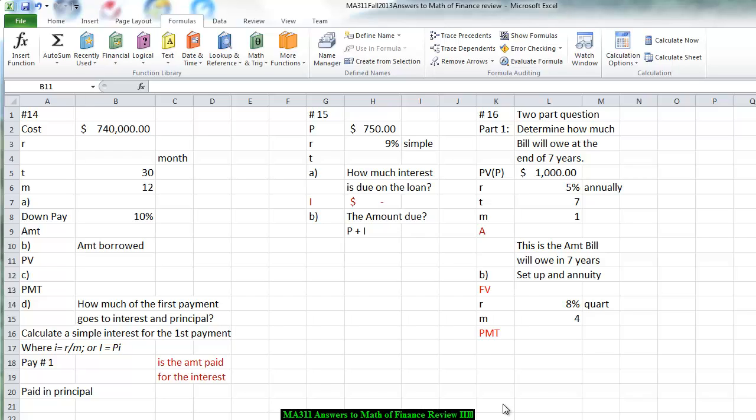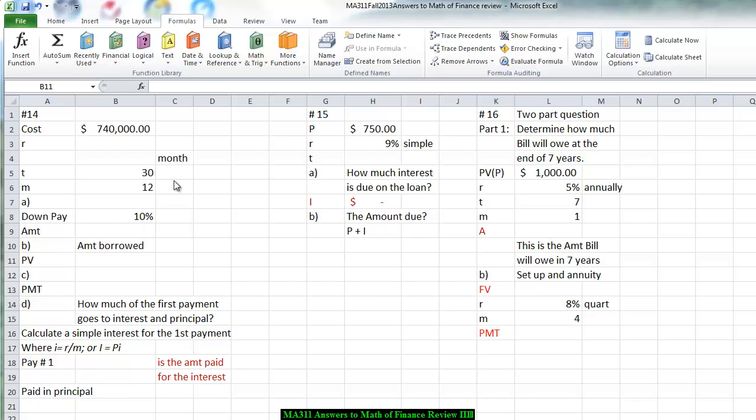All right, we're going to continue our work on being able to use math and finance formulas for something that we might use later on in life. The first question we have, question number 14, is we're going to buy a house. So whether you buy a house or buy a car, we are going to basically deal with the same situation. So let's start. On December 31st, 2012, a $740,000 house is purchased with the buyer taking a 30-year mortgage at